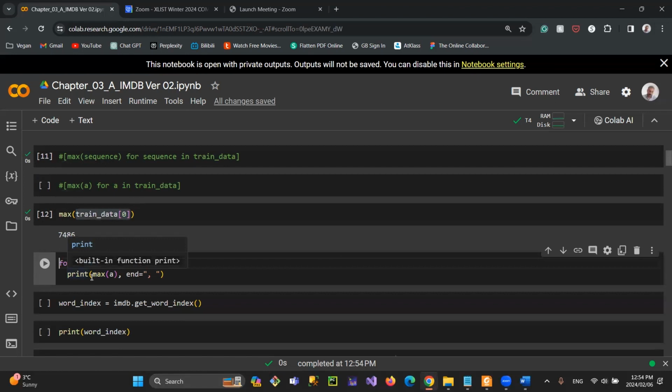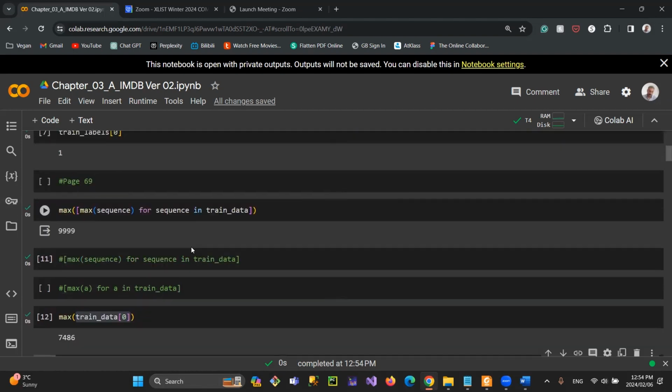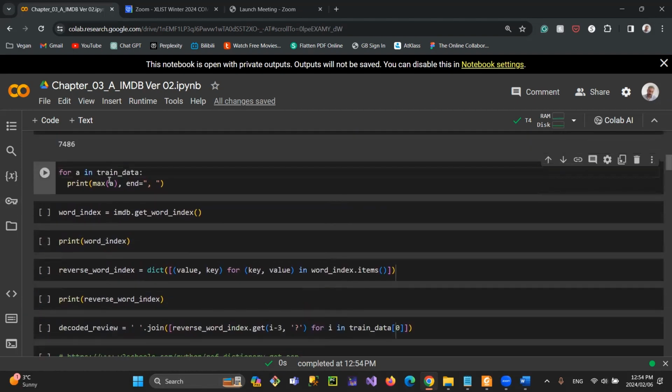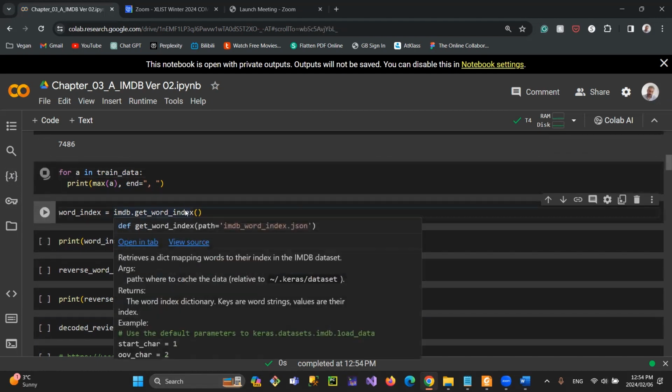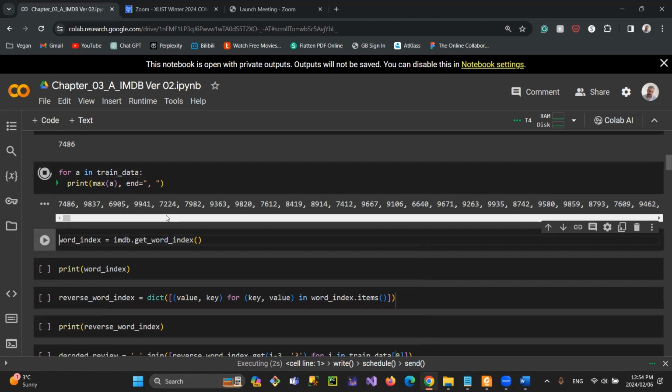But instead of using that max of max, we can simply use the traditional form of saying for every A in the train data, meaning for every review in the train data, just show me the maximum of that and just do not split it by enter. Use comma as the separator and look at the result. So it's going to work the same way. And now